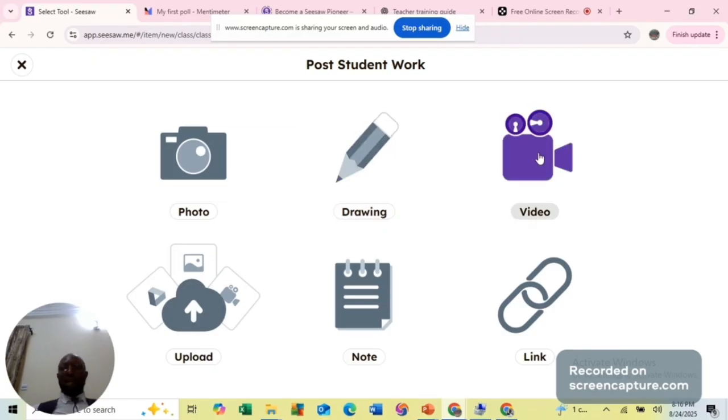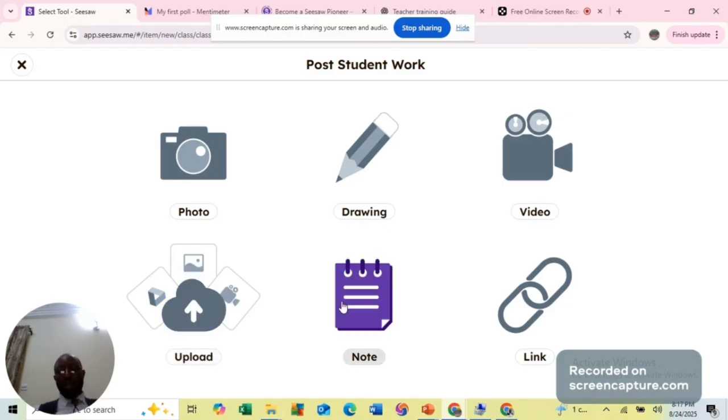Is it a video like this that I just mentioned now? You can just video directly onto Seesaw what that child is doing and then it goes straight to the journal of that particular child. But remember, you have to select the name of the child from the list of the students that you have in your classroom. Then, if you have pre-recorded the video of what that child has done, then you can now upload it by clicking on upload and then going into your system to search where the video is, and then you upload it into the journal of that particular child. You can as well upload into the journal of everyone in the class by selecting all the students in the